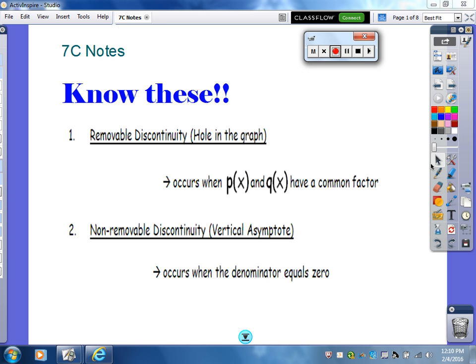All right, this is 7C notes. This is our second day on graphing these rational functions. So now you're still going to be using these same guidelines when you go to graph these. And you might be asking yourself, well, how do I know when to use the guidelines and when to use